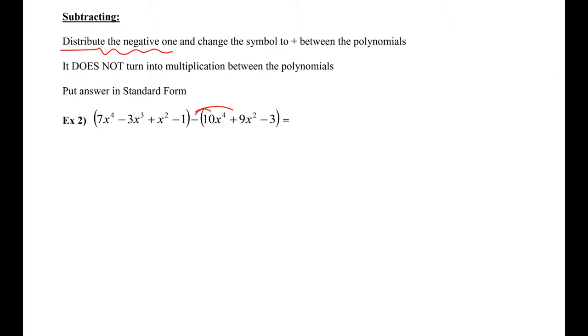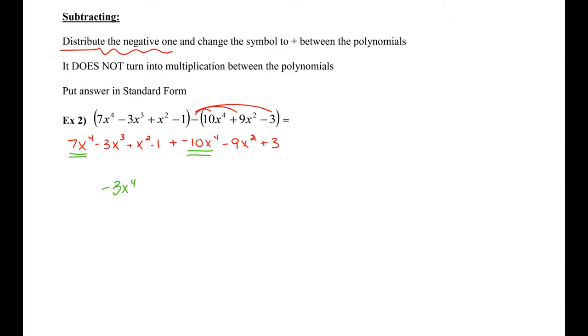So distributing the negative here, we get 7x to the fourth minus 3x cubed plus x squared minus 1 plus, and I'm going to distribute the negative, a negative 10x to the fourth minus 9x squared plus 3. And we're going to look at combining like terms, so I'm going to combine the x to the fourth together to get negative 3